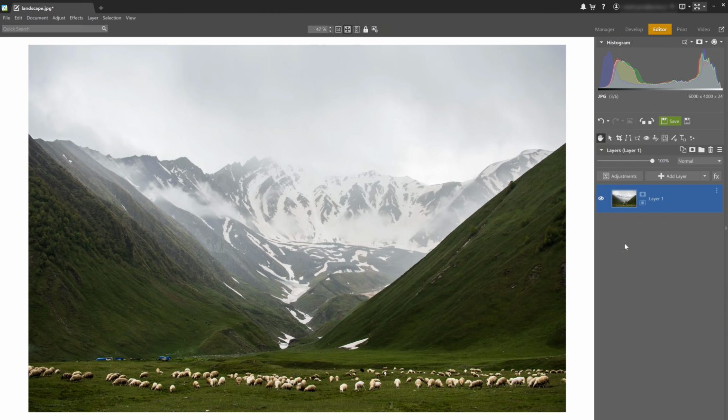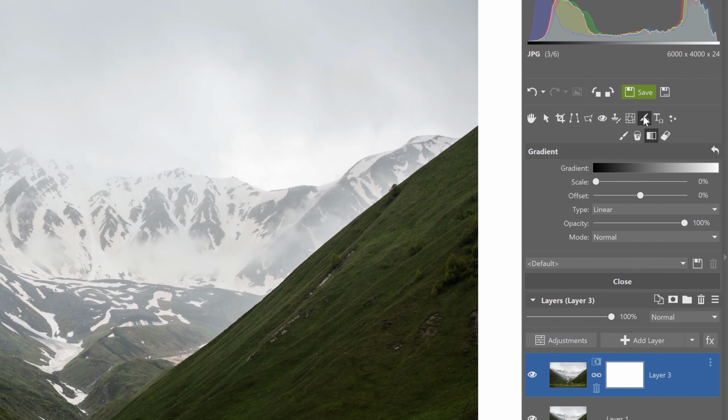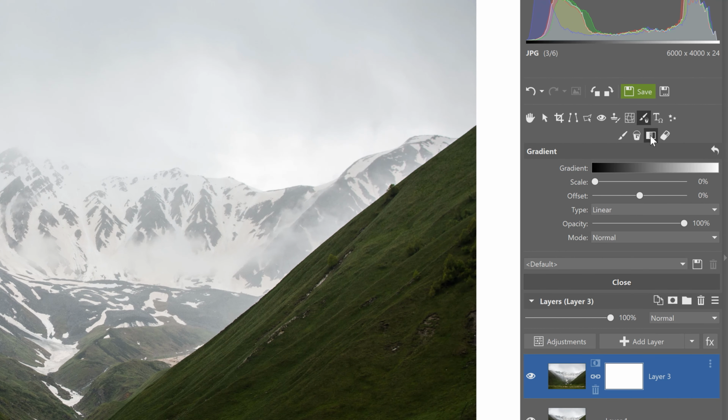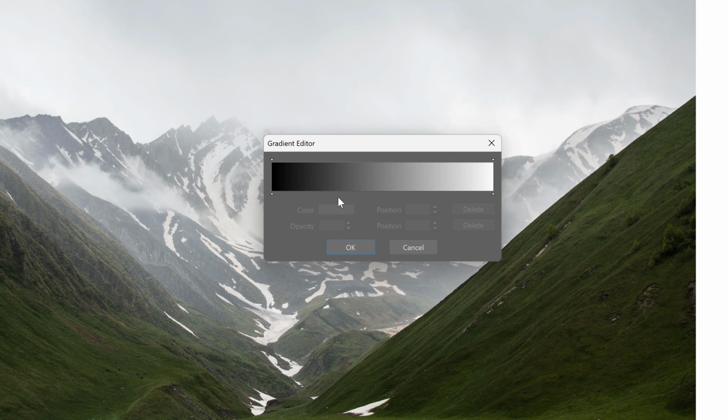Now let's check out another example, and this time I'm going to use the Reveal All mask. In this landscape photo, I'll show you how you can replace the sky using a gradient. First, I'm going to duplicate the original layer, then I'm going to add a mask, and this time we're going to use Reveal All. Then I'm going to select Gradient under Drawing Tools. I'm going to choose black and white and then add the gradient so that we have black on top instead of the sky.